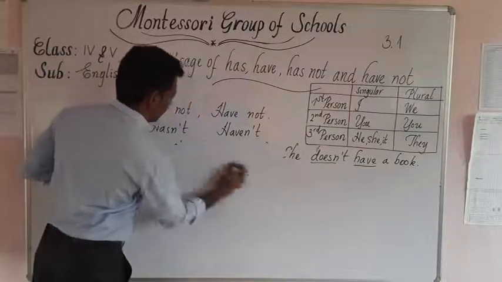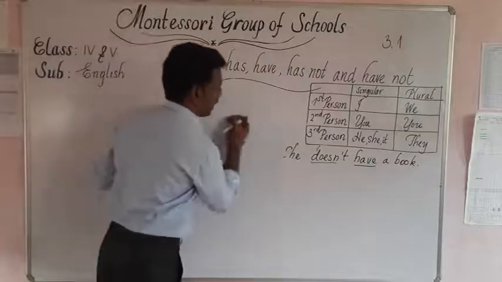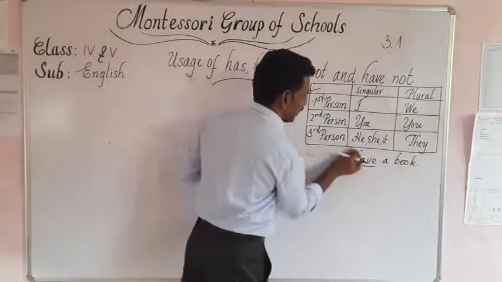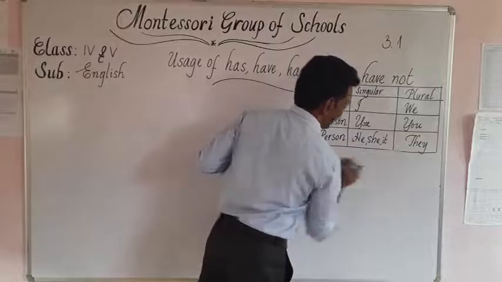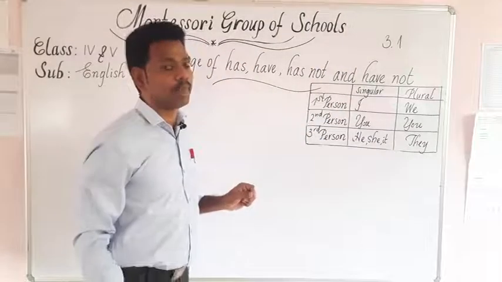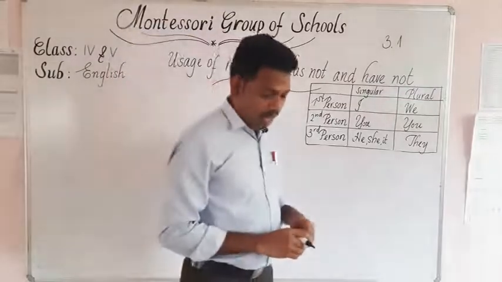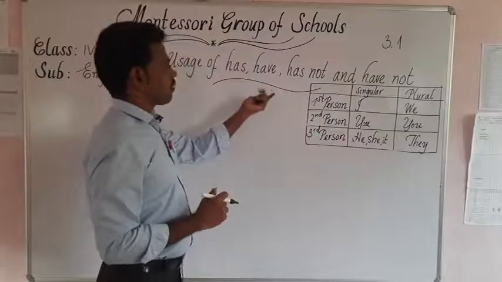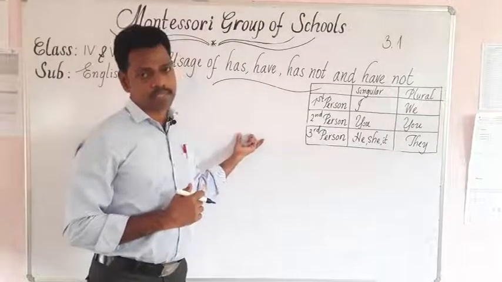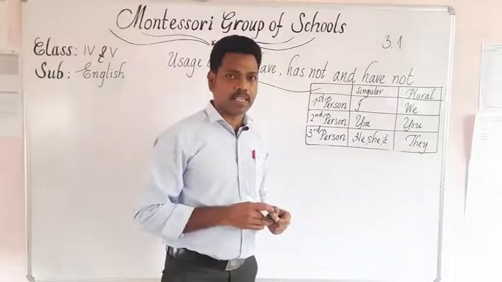So you should not get confused about using has not and have not. So keep in mind the two cases, that is possessive and helping verb. If you are well aware about that, you will not get any confusion. Now we have to go into details about the interrogative sentence. As I told you in the previous classes, what is an interrogative sentence?